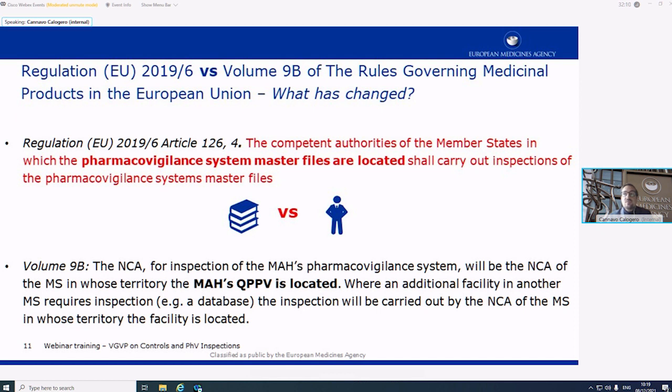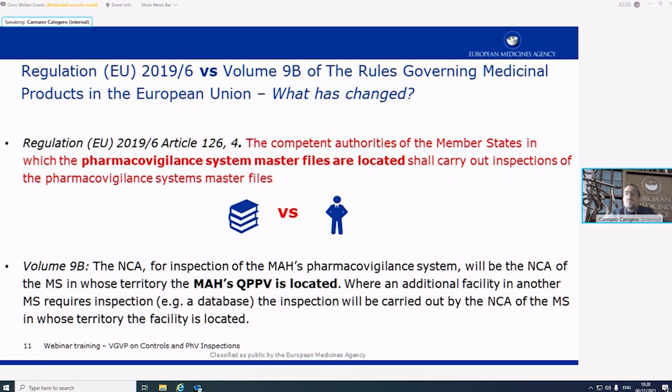Article 126 reads that the competent authority of the member state in which a pharmacovigilance system master file is located shall carry out inspection of the pharmacovigilance system master file. We'll see in the next session on the pharmacovigilance system master file where it shall be located, because this could be either where the QPPV is located or where the main pharmacovigilance activities are performed. This is very important because now we